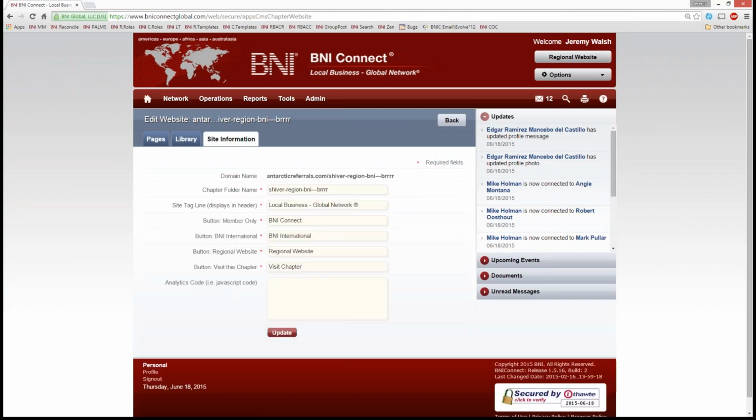The third and final tab along the top is the Site Information tab. There are a couple of important things on this particular tab. The most important thing here is the chapter folder name. So here you can see our domain name. This is our actual website URL. So if we tell people to go to our website, we would tell them to go to